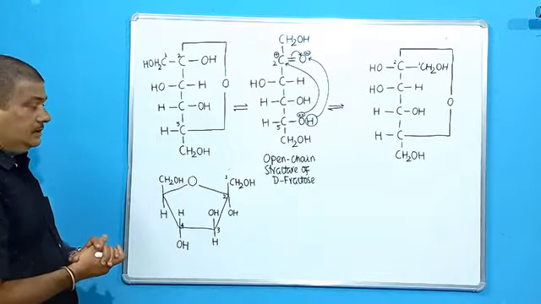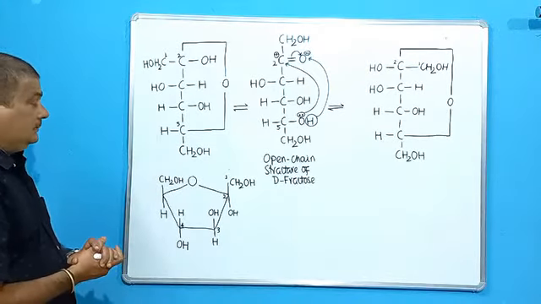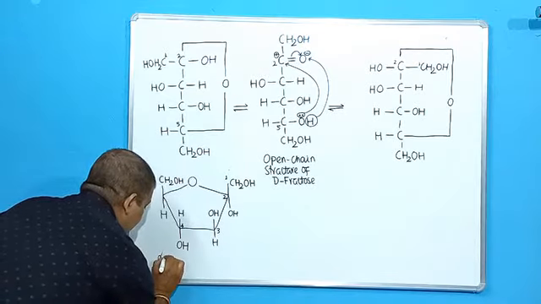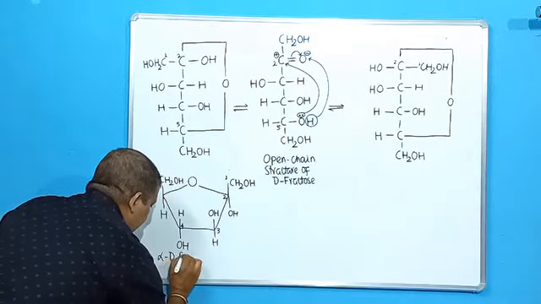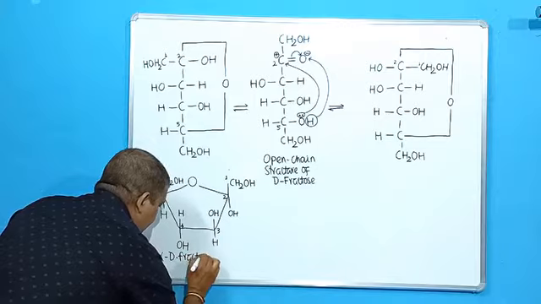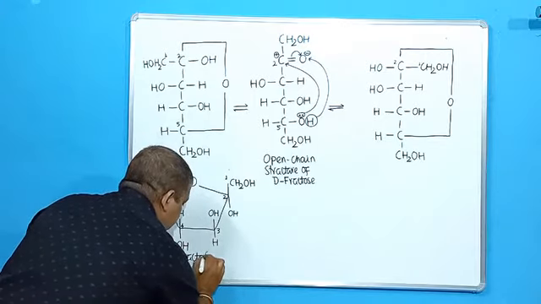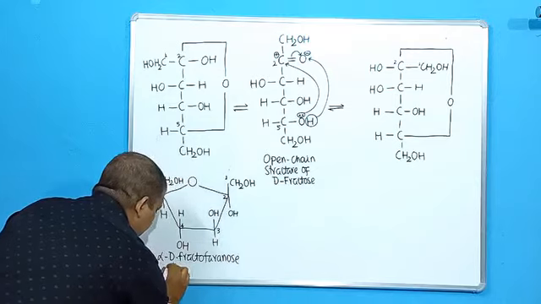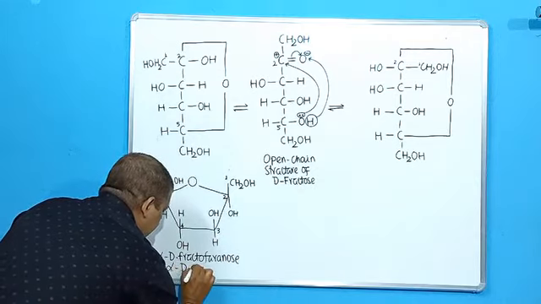So this is the furanose structure of alpha D fructose. So it is called alpha D fructofuranose,